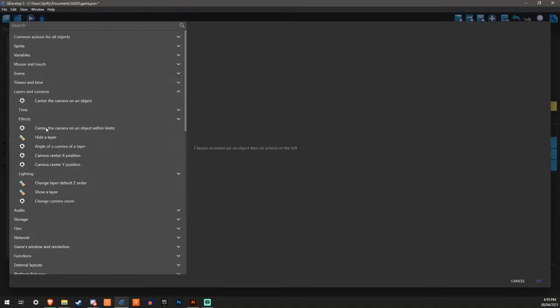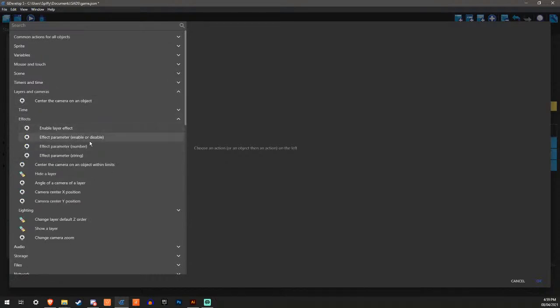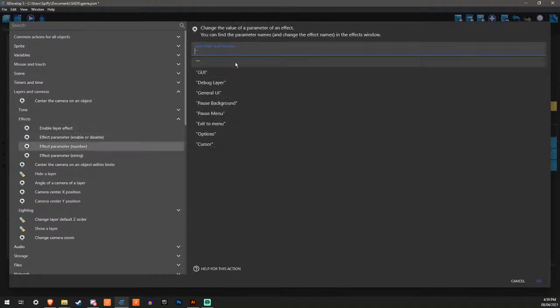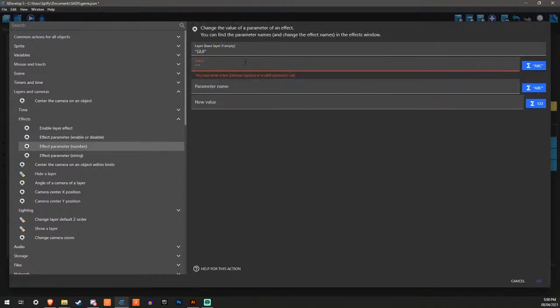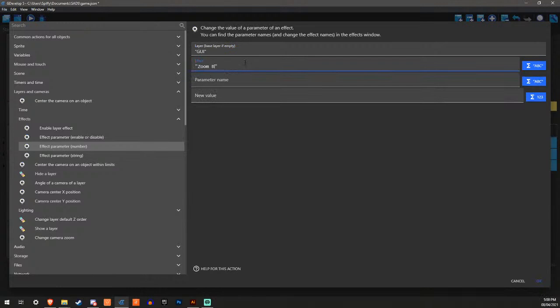Laser cameras, effects parameter of GUI, effect is going to be zoom blur.